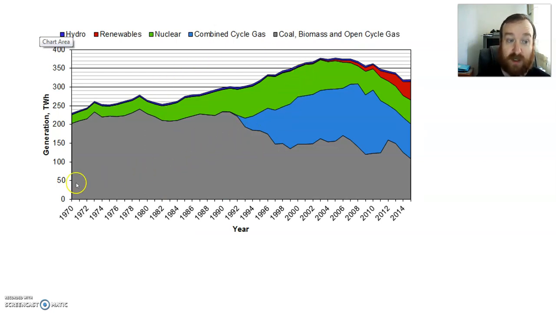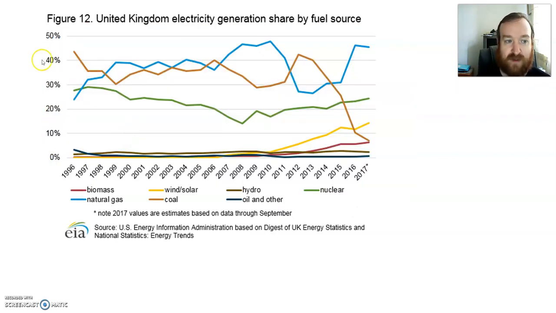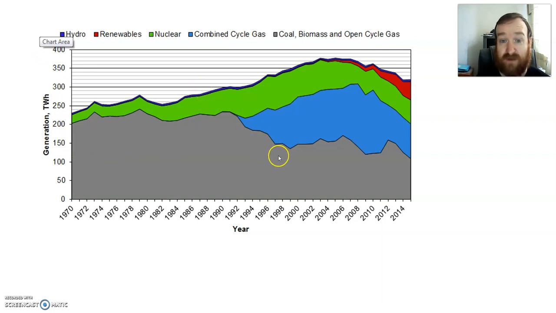Okay, so this time we've got shaded area, so the total amount of power. So rather than a percentage, this is the total amount of energy being used. So the total amount of energy being used from 1970 to 2006 has been steadily increasing. Okay, steadily increasing. The coal, biomass and open gas, so this is one type of gas generation, is this grey area, and this was the biggest proportion up until